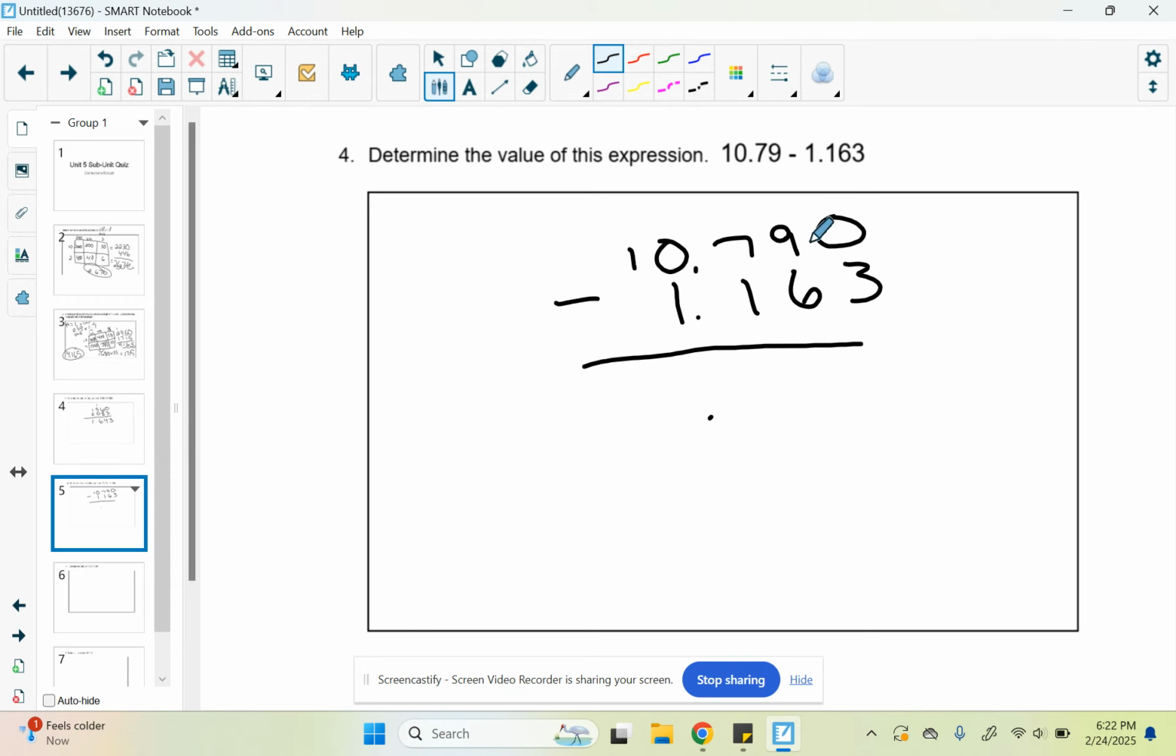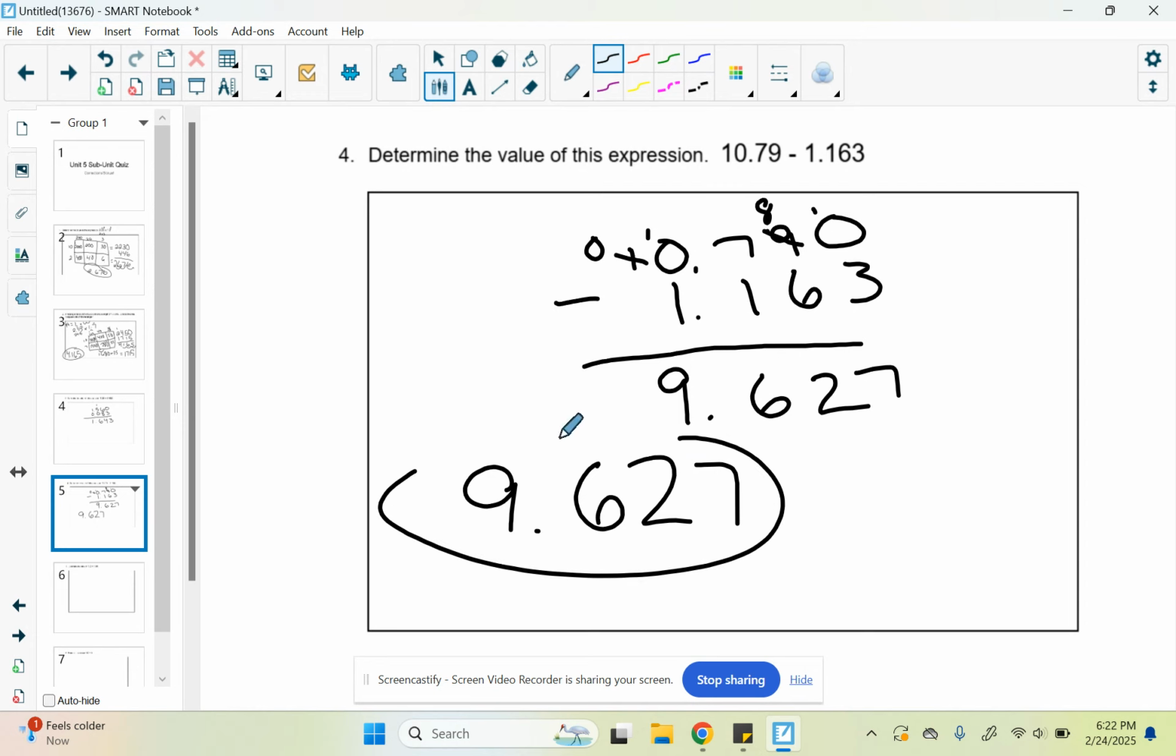Subtract like normal. We cannot do 0 minus 3, so borrow from your neighbor. 9 becomes an 8, and then bring over. 10 minus 3 becomes 7. 8 minus 6 becomes 2. 7 minus 1 becomes 6. We can't do 0 minus 1, so borrow from the next place. 1 becomes a 0 here, and then bring over the 10, so a 0 becomes a 10. 10 minus 1 is 9. So our final answer here is